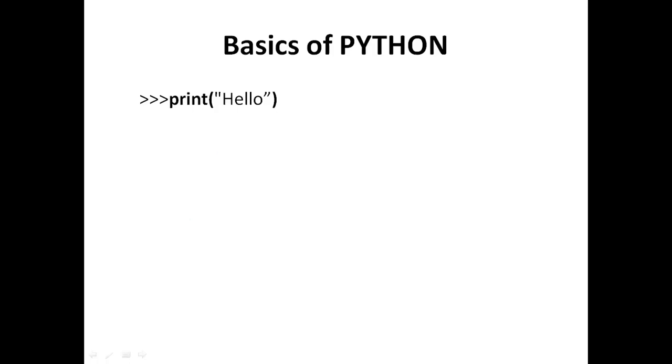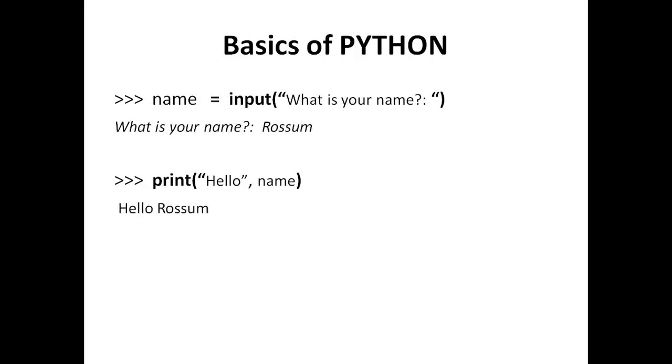So in the last lecture we have discussed the print function. The print function accepts a string and other objects also, and it prints that object or string as it is. In the first example I have taken a string, so this will print a value. So if you want to print some variable also, you can write the variable inside the print statement. So let's take another example of input and print together.